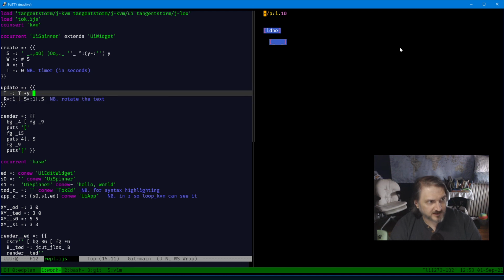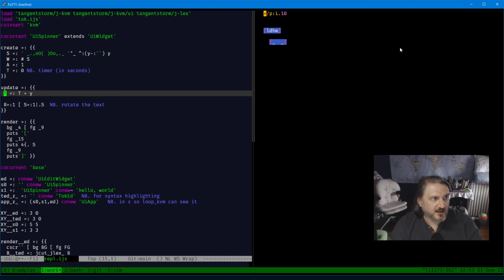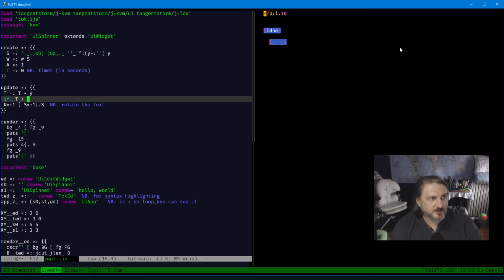And so on update, we're going to say t is equal to t plus y, the delta. And if t is greater than the tick speed,